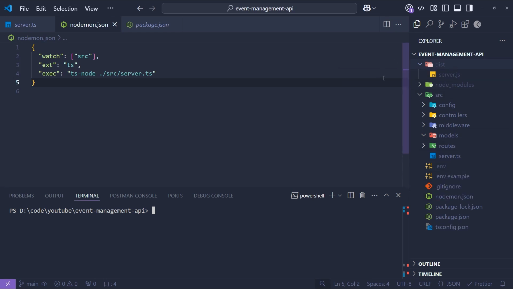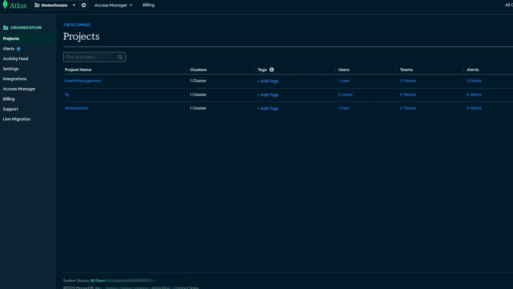So let's move on to the next part where we're going to create our MongoDB database and grab its URI. So I've logged in into my Atlas MongoDB. You can just log in into your account, or if you don't have one, create a new account and go to this projects page, and let's start with